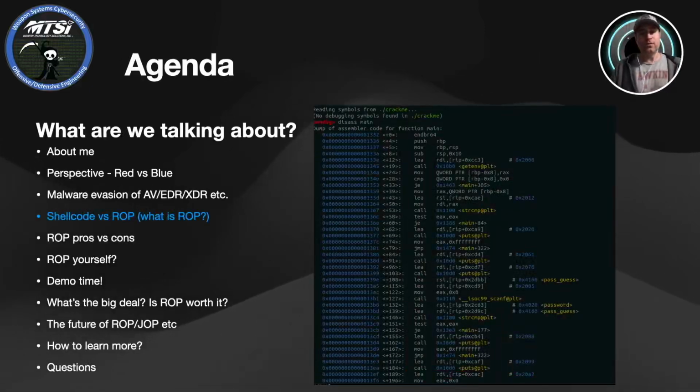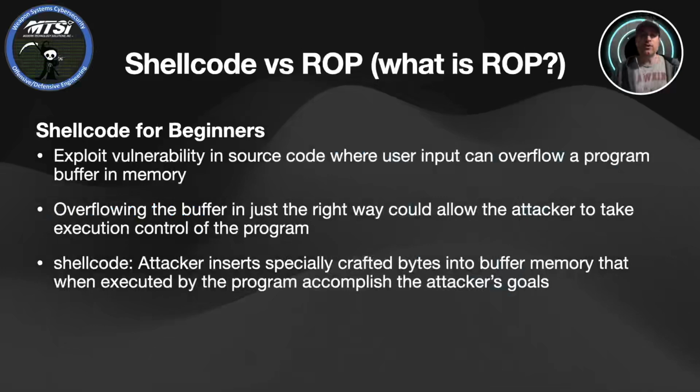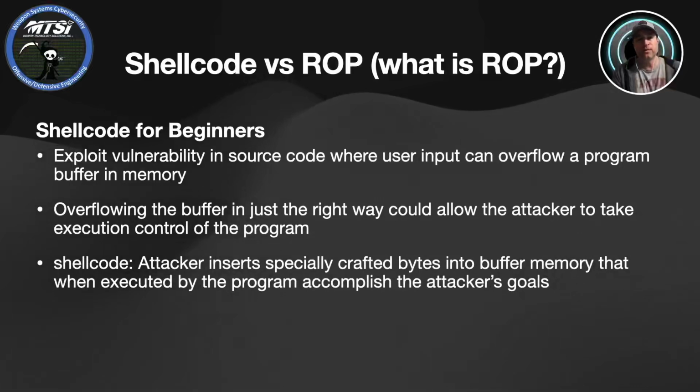So let's now look at shellcode versus ROP and talk about what is ROP, the whole point of this talk. For those who aren't familiar, we'll do a small shellcode for beginners. What is shellcode? In summary and in a short definition, it's exploiting a vulnerability in source code where the user input can overflow a program buffer in memory. Overflowing the buffer in just the right way allows the attacker to control the program, take over its execution in